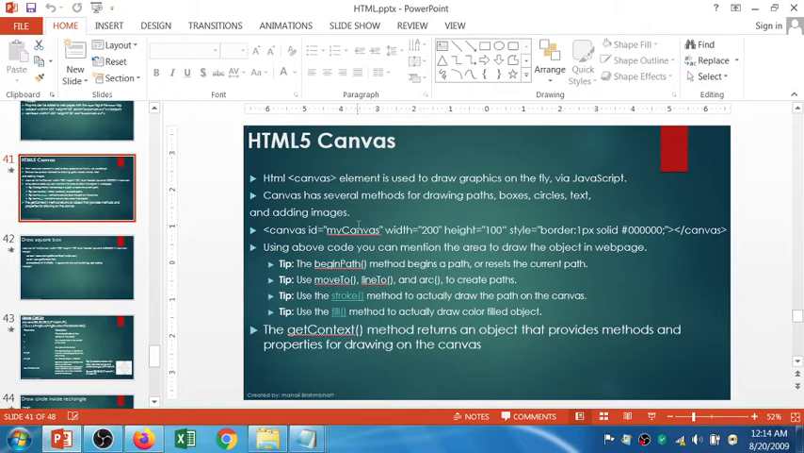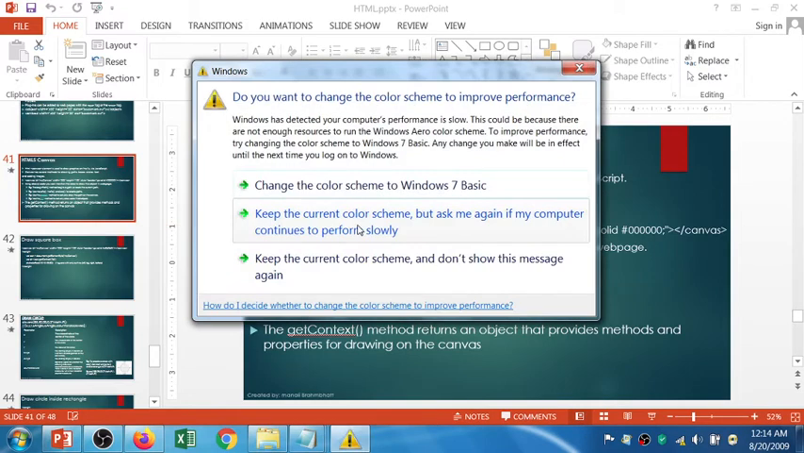So basically, the canvas element is used to draw a particular element, or we can say object, on an HTML web page. Let's see in detail. The HTML canvas element is used to draw graphics on the fly via JavaScript. Canvas has several methods for drawing paths, boxes, circles, text, and adding images. The syntax to use the canvas element